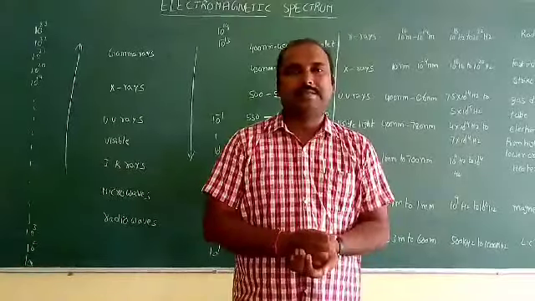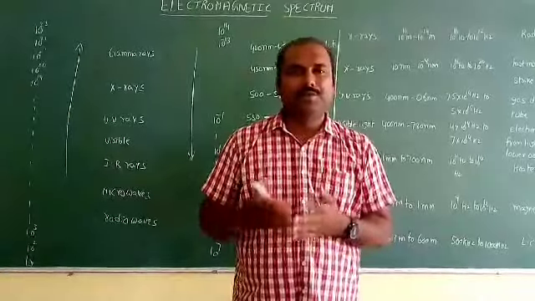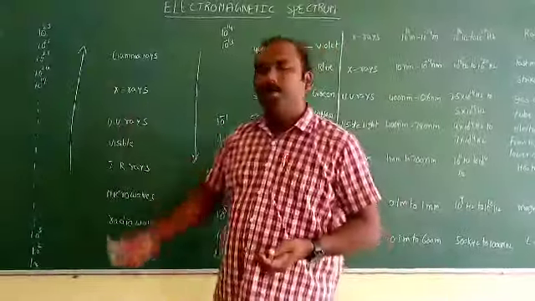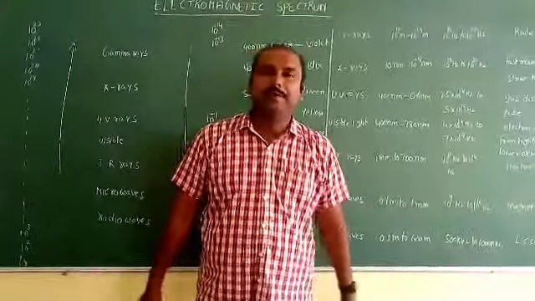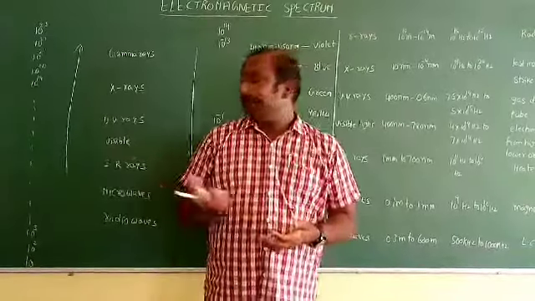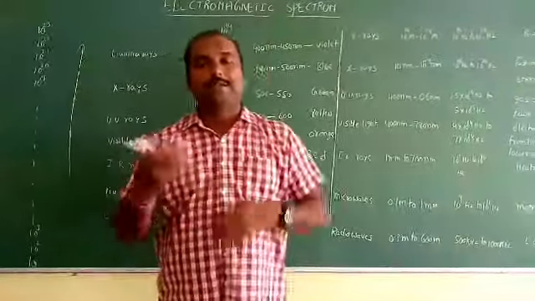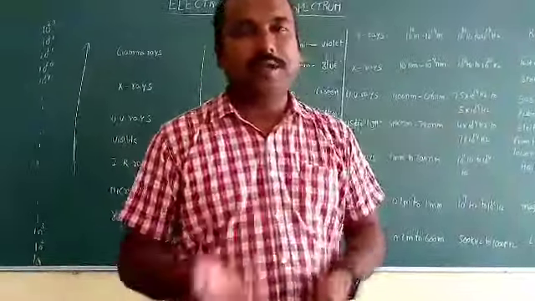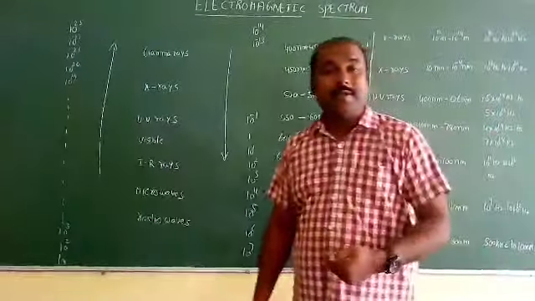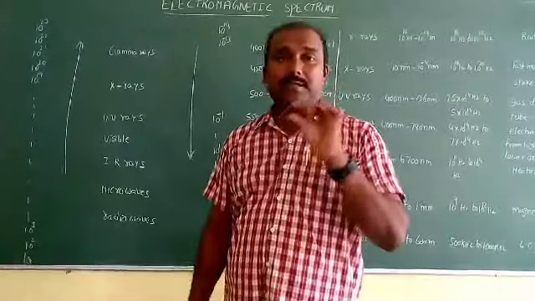Next it comes to X-rays. X-rays are useful to take photographs of fractured bones. Again, they are also useful in treatment of cancer. Next, UV rays, ultraviolet rays. They are useful for purification of water, preserving food, and killing bacteria. Next, visible light: photosynthesis, photoelectric effect. Next, IR rays, infrared cameras. Infrared cameras are useful to take pictures in the night. They are used to take pictures in fog.